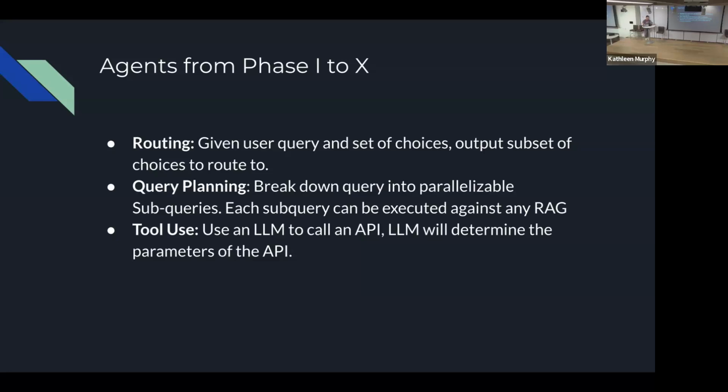And the second one is query planning. Basically, it's going to break down the query into multiple sub queries, and each query is going to run a RAG, and in the end, you can ask a RAG to combine the results together and send back to you. And then another type of agents is tool use, right? So you can use agents each to call an LLM, and each LLM to call an API for you, right? So that's how we use that.